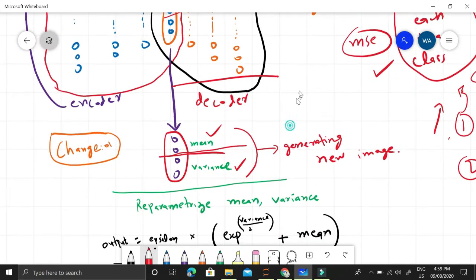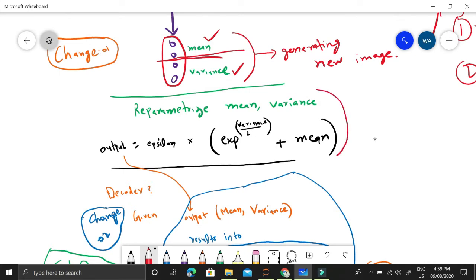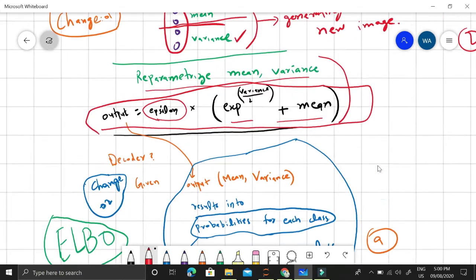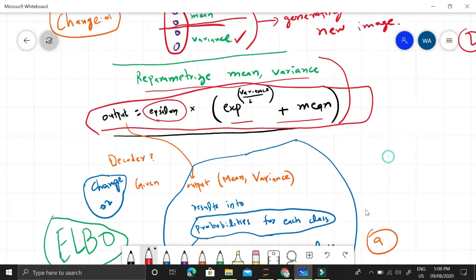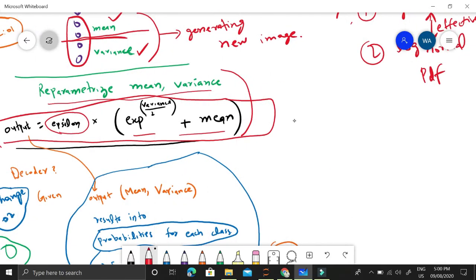Okay, now how do we do that? First of all, given this mean and variance value, the derivative term that we will be calculating after the ELBO function, which I'll be explaining, is not differentiable if we generate random values from this mean and variance. However, we reparameterize this mean and variance using this formula where we take the variance divided by 2, take the exponential of it, multiply by a random noise term, this epsilon, which I'll be showing in coding, and add the mean to it. This is the output from this formula. Once we have calculated it, we will use this output, because it is now differentiable, and we can calculate the gradients for this mean and variance. So this is a beautiful trick to get out of the gradient problem in case of generation.